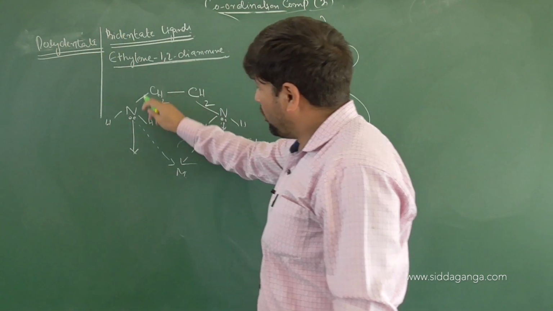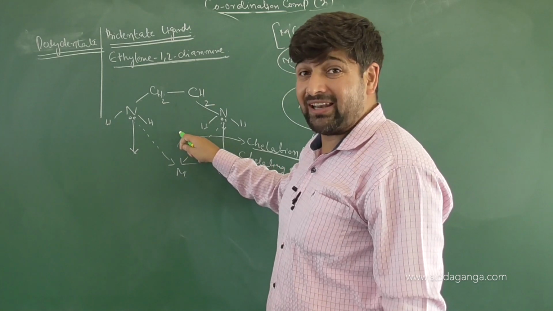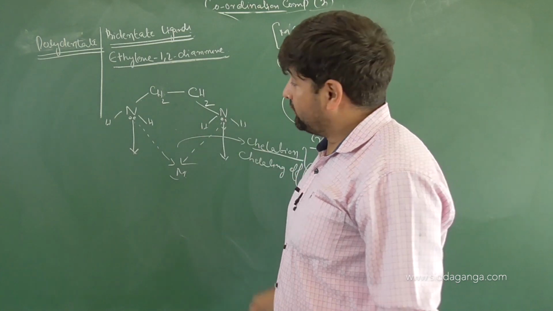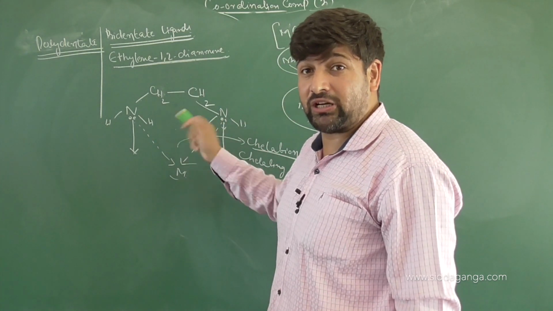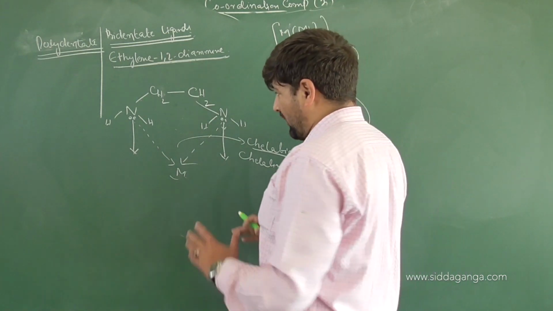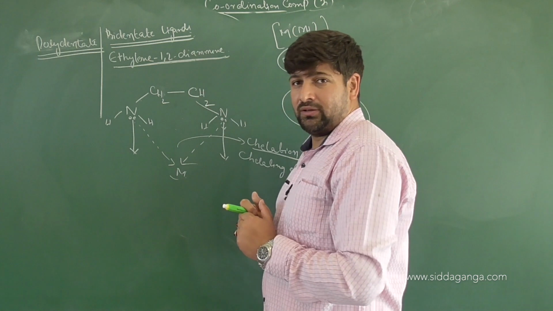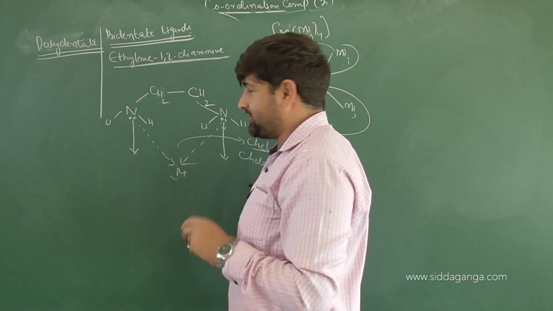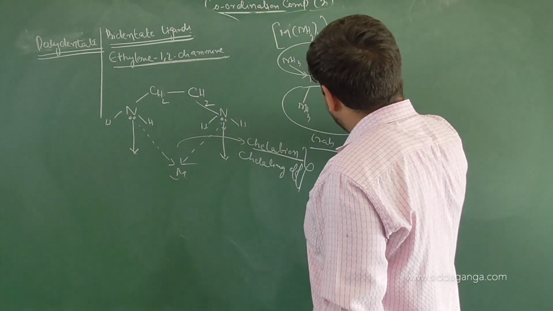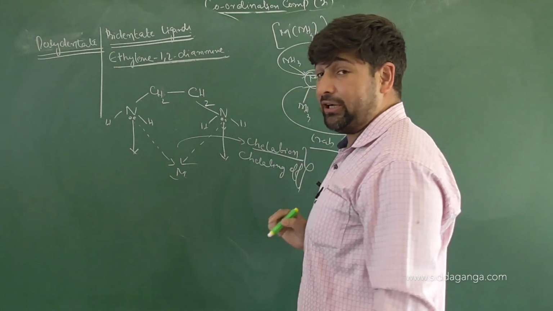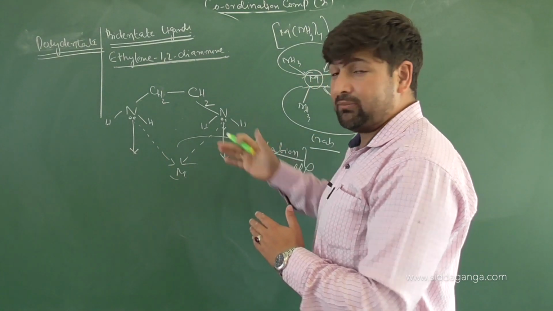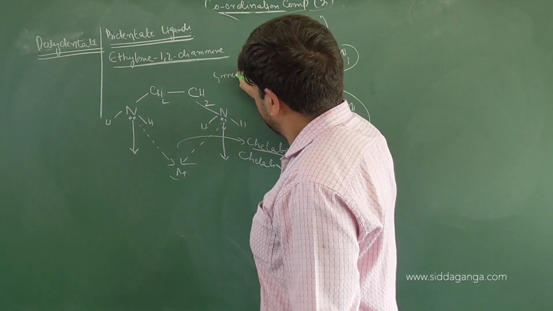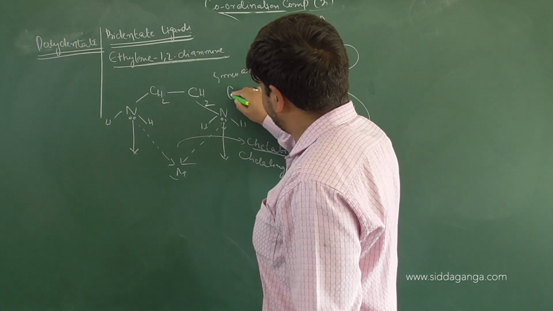Now this tendency of a polydentate ligand to make rings around the central metal atom is called chelation. And remember, this chelation brings more stability to the complex. Because one, it reduces the surface area. Number two, when the rings are made, the chances of making the bond are increased. I'll tell you one example. Suppose one ammonia is attached to a metal atom, this is an entropic push we call it. We can explain this chelation by entropy considerations also. But remember, 5-membered rings are more stable than 6-membered rings.